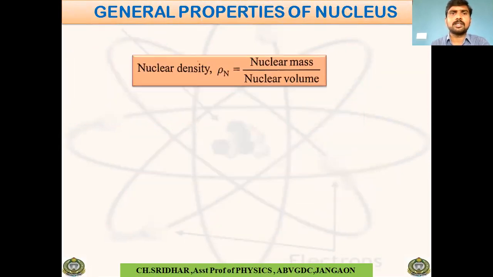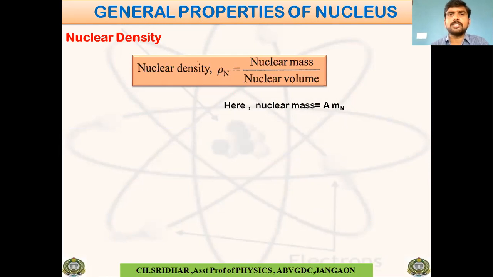And then the nuclear density. The nuclear density rho n is given by nuclear mass by nuclear volume. Generally, density is given by mass by volume, and here it is the nuclear density. So it is the ratio of nuclear mass to the nuclear volume, where nuclear mass is given by A into Mn, where Mn is the mass of the nucleon, and nuclear volume is given by 4 by 3 pi r cube,